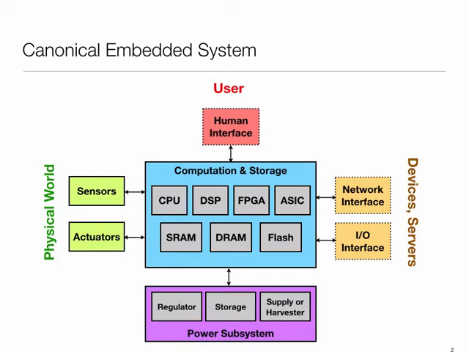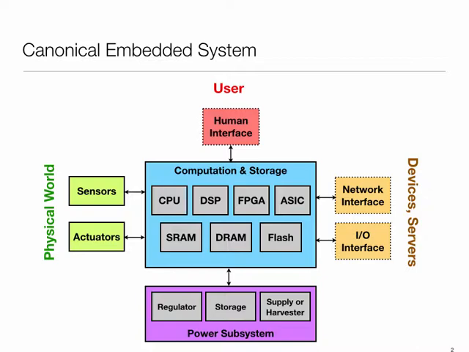Okay, so if I look at a canonical embedded device, embedded system, I had an earlier picture, and I've just expanded upon that. So some computing substrate, could be CPU, DSP, FPGA, ASIC, all those choices. It will probably have some memory. Memory itself could be pretty power hungry. In fact, one of the things I've often heard my collaborators at Qualcomm talk about is that memory, particularly static RAM, which is where light data stores, is actually a huge bottleneck. Which is why the amount of memory in these devices is still relatively tiny, because it comes at a huge power penalty.